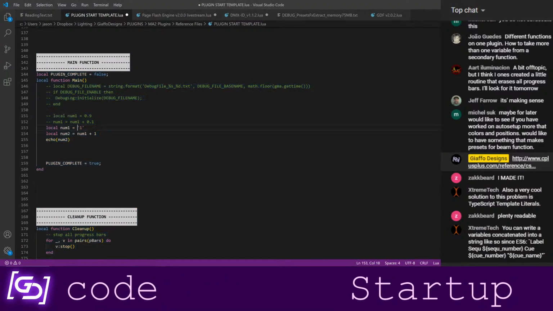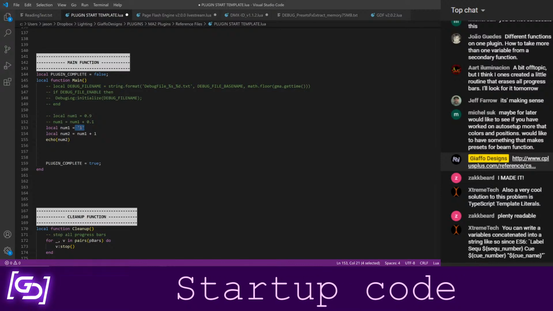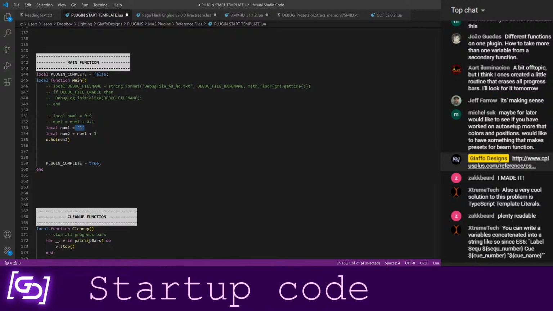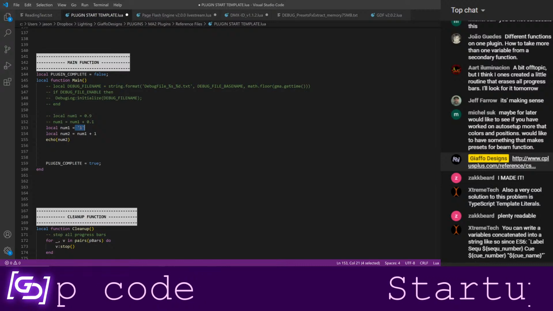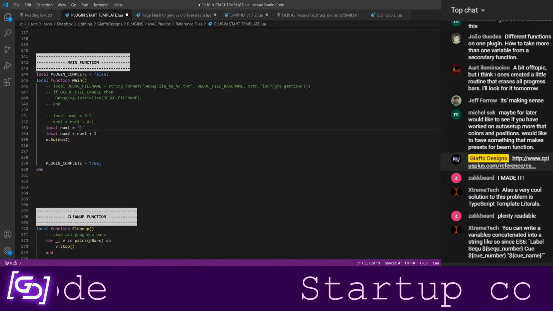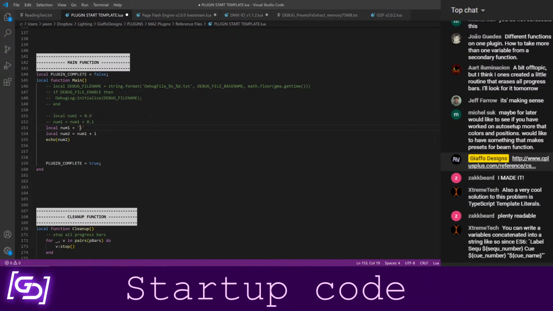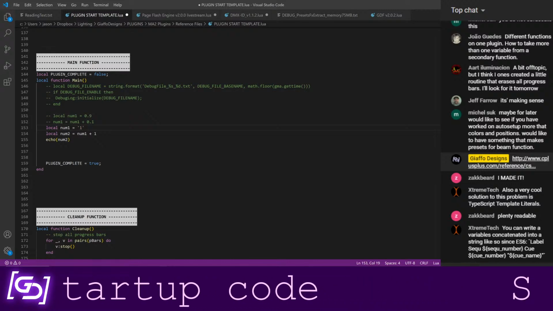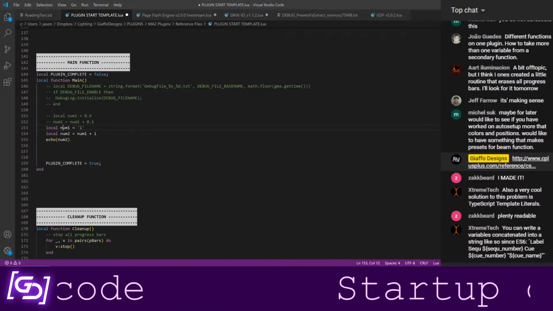Okay, so I declared this number as a string, and when you get it back from GUI.input, or MA, there's a whole library of things, which I should show you guys in a minute. When you try to perform math on a string, the first thing it tries to do is see, can I convert this to a number? And if it can, it does, but it seems that it always by default converts it to a float. Well, why does that matter?